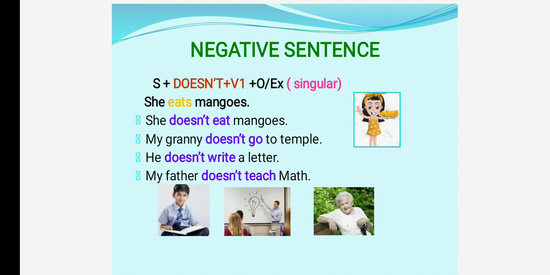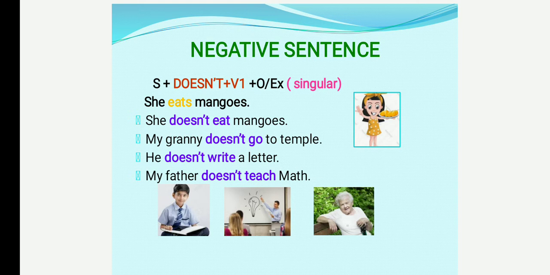Here this slide is an example of using a singular subject. See the first example: She eats mangoes. This is the affirmative form because we have no negative word. How will we convert it into negative? She doesn't eat mangoes. In the first sentence, we don't have any helping verb, so we pull out the helping verb which is combined with the main verb. Eats has the helping verb does: does plus eat equals eats. So we pull the helping verb does out of the main verb, and the main verb becomes eat.